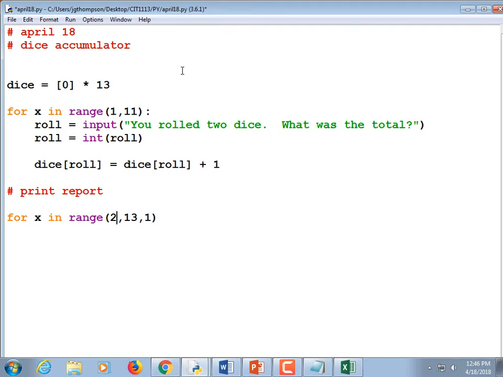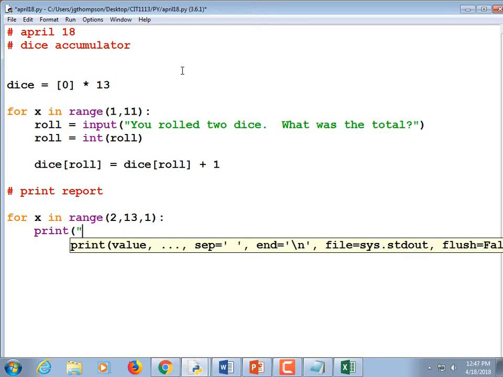So starting at 2, counting up to but not including 13, adding 1 each time. Print "rolled", comma, X, comma,